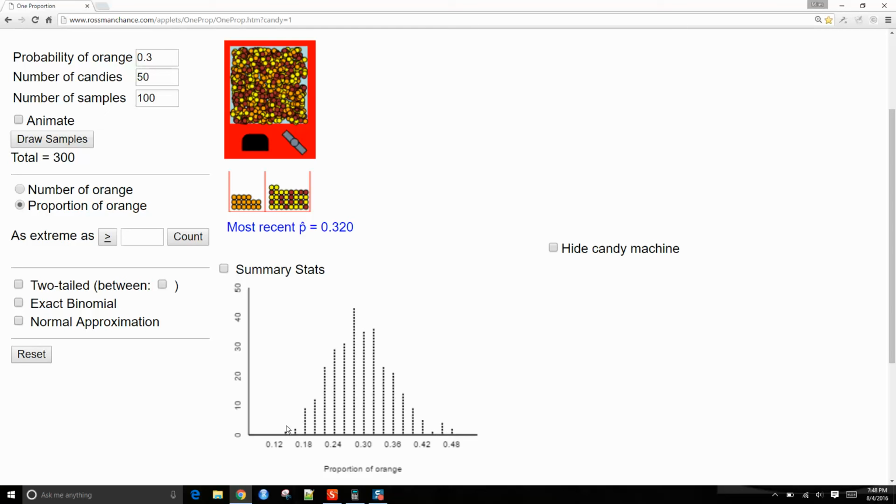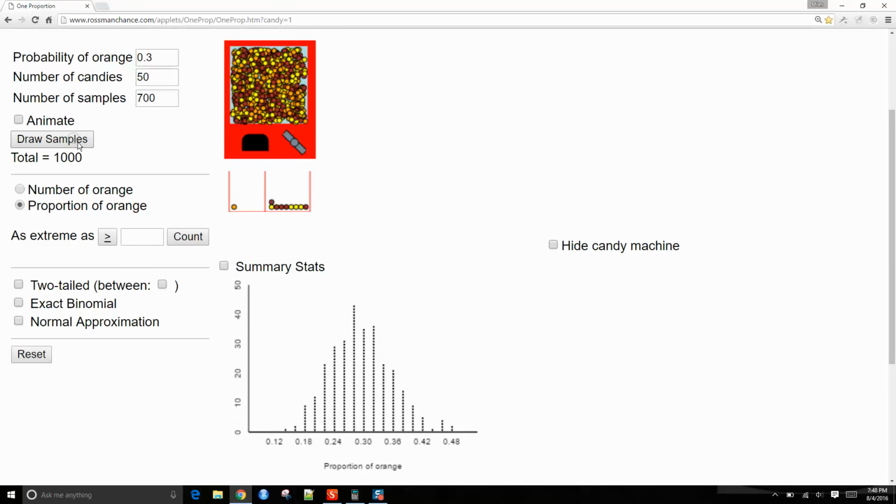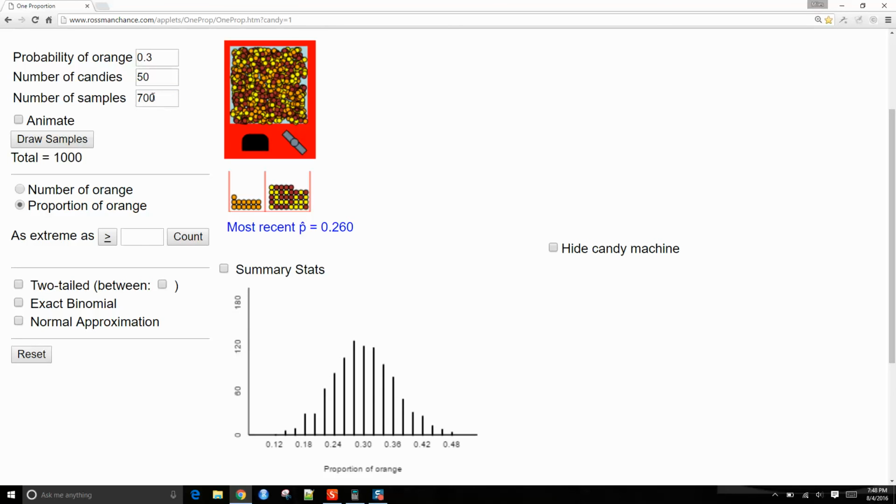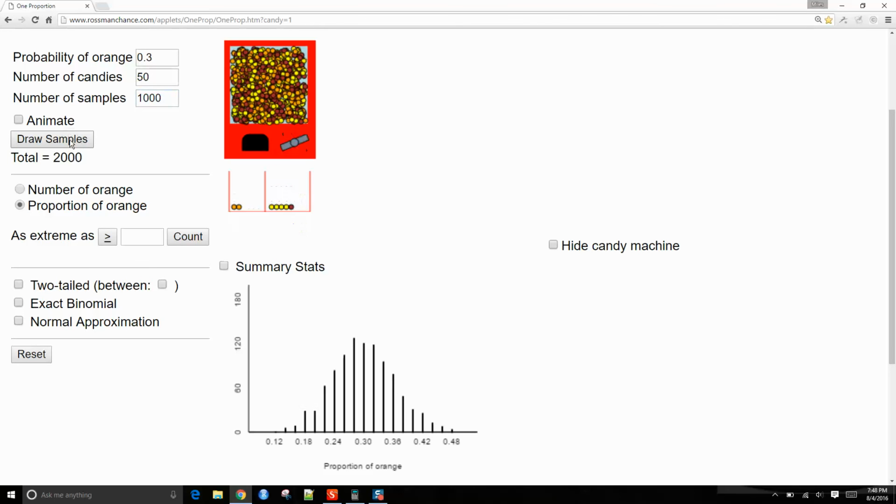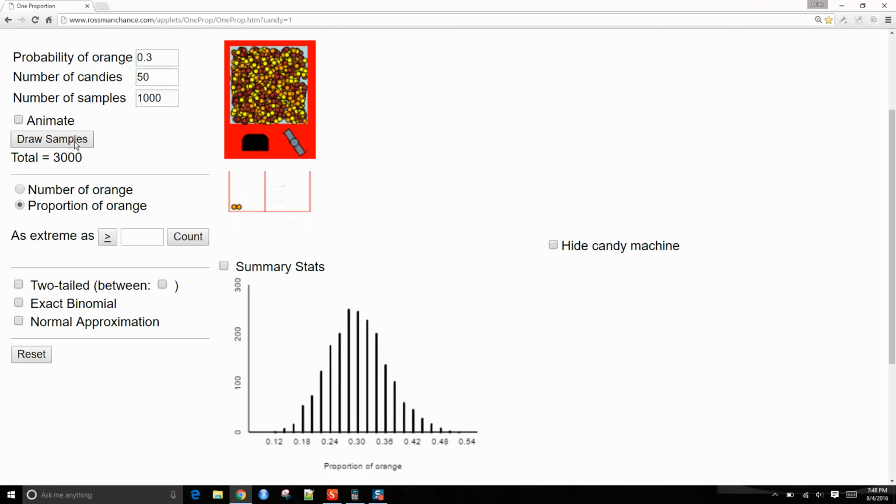Values as low as 12, or looks like 14 and 16%, have also happened, but very, very rarely, okay? So I'm going to crank this up. Here's 700, this is after 1,000 simulations, okay? After 2,000 simulations,